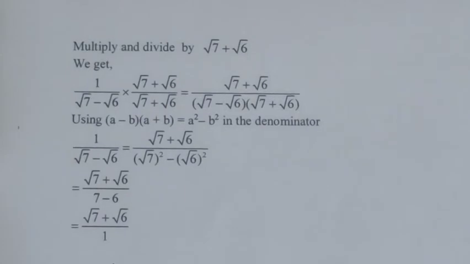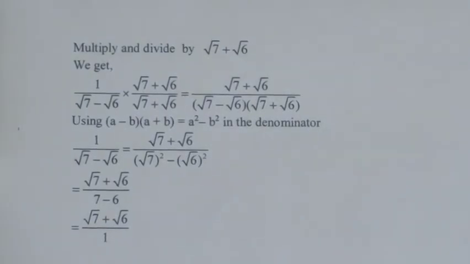Multiply and divide by root 7 plus root 6 only. So 1 by root 7 minus root 6, in the denominator you can see that a minus sign is there. So what should we multiply and divide? Root 7 plus root 6 by root 7 plus root 6. That means in the numerator we will have 1 into root 7 plus root 6, that is root 7 plus root 6